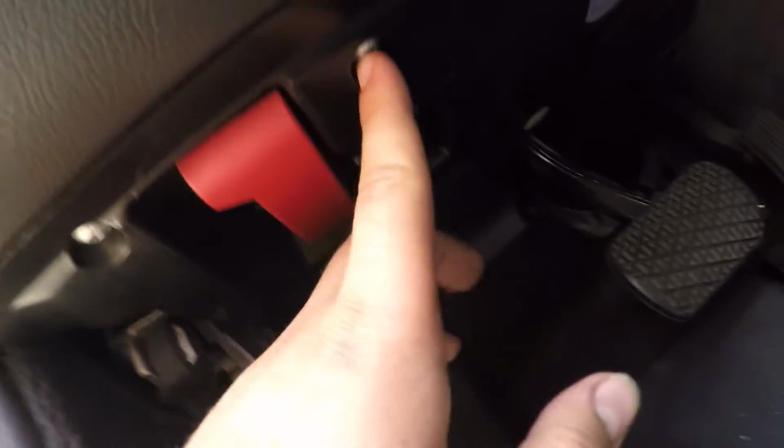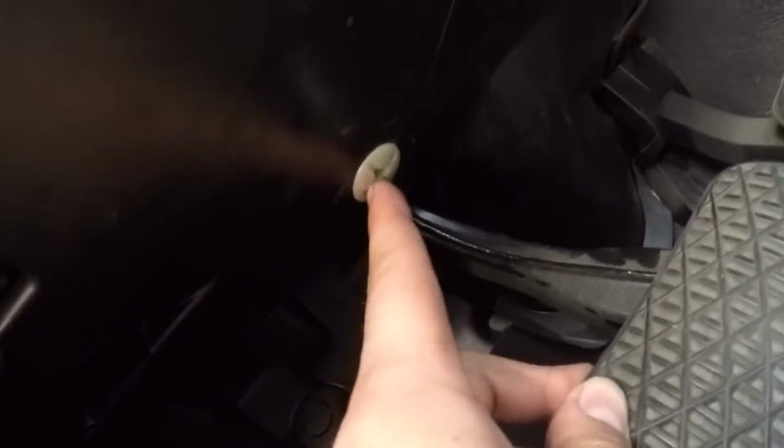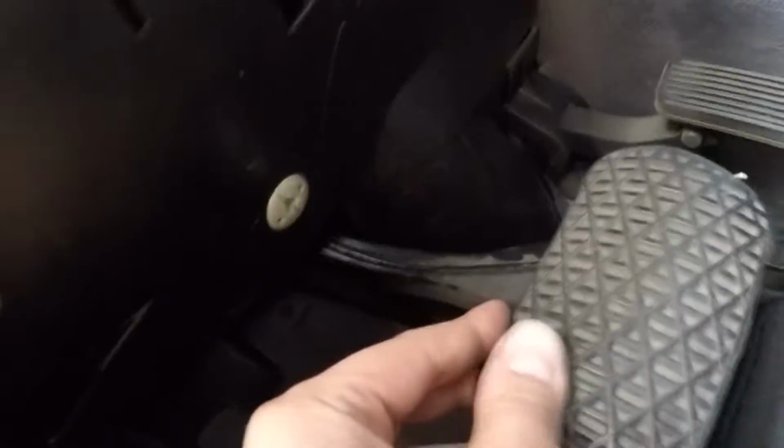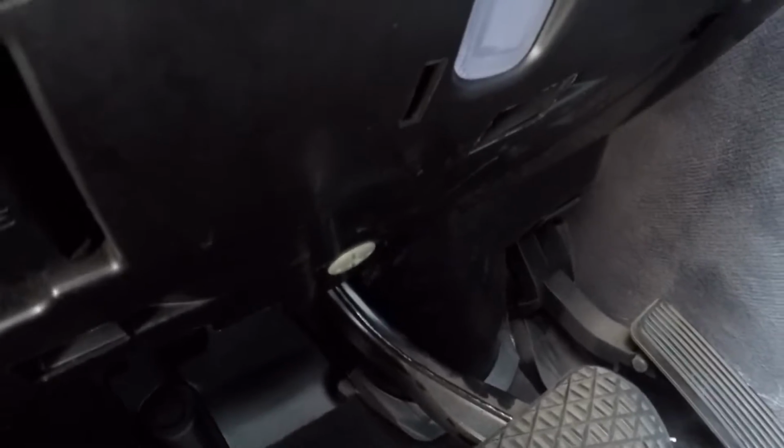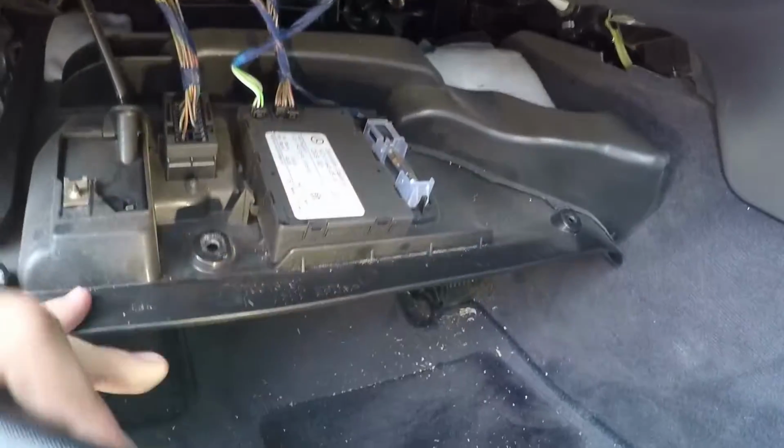Okay, so looking down here by the brake pedal, we have to drop this panel right here. It's a few Torx bolts and this white piece right here that you undo. You just unscrew it with a flathead screwdriver. So I'm gonna get that done and we'll see what's next. Okay, so I dropped off the panel right here, just enough to get